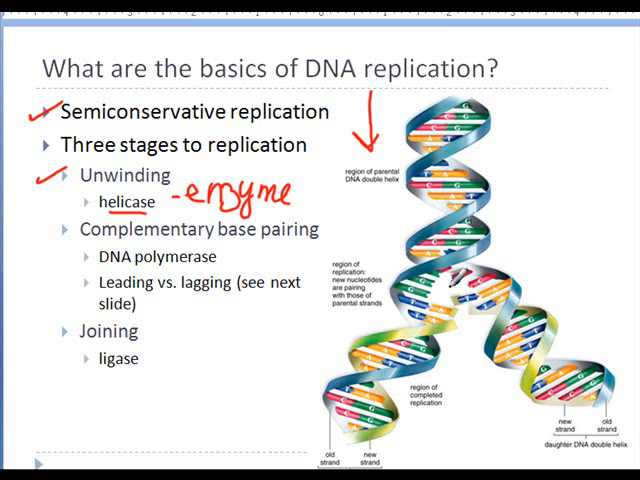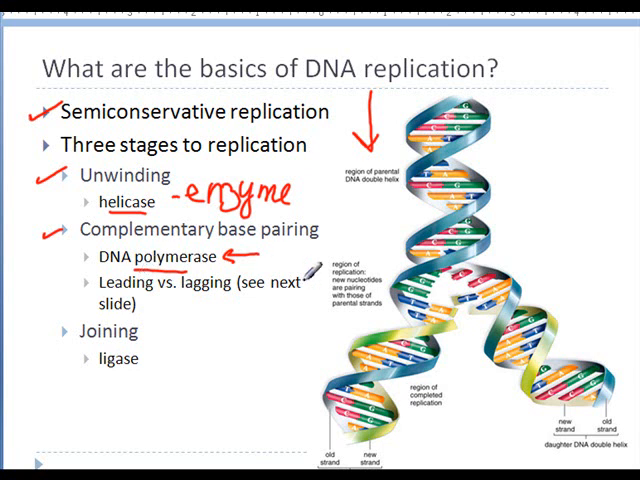Now, once we have done that, the second part is the complementary base pairing. The complementary base pairing needs another kind of enzyme to help construct this, and this other enzyme is called DNA polymerase. DNA polymerase is going to be present in step 2 and later also in the joining process, but it works in